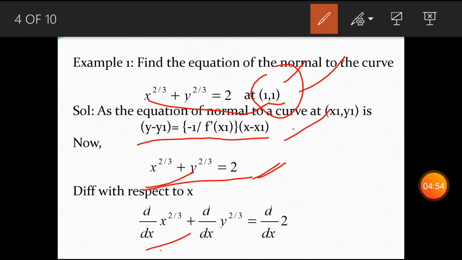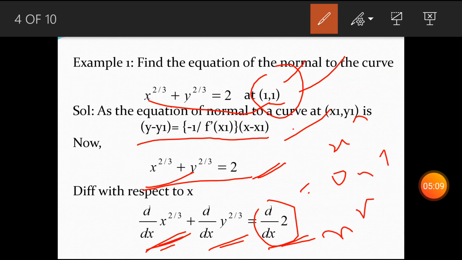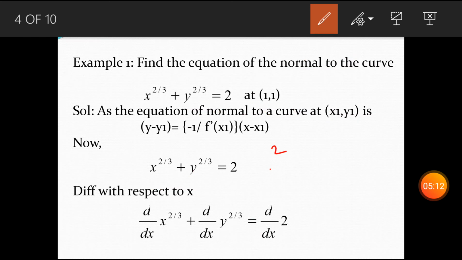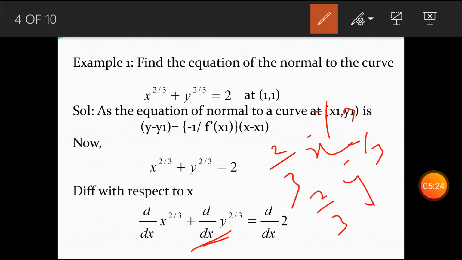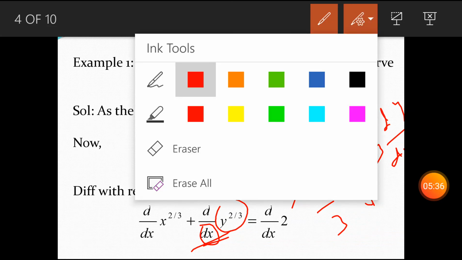So this will be d over dx of this plus d over dx of this, equals d over dx of 2. This will become 0 because it is a constant, and this will be the power rule, that is, x to the power n gives n times x to the power n minus 1. So we are going to use this. What are we going to get? 2/3 in front, and x to the power 2/3 minus 1, so that is minus 1/3. Similarly here this will become 2/3 and y to the power minus 1/3, but here the variable is y and we are differentiating with respect to x, so we have to apply the chain rule. So we are going to use dy upon dx. Okay, so in the next slide let's see what the result would be.